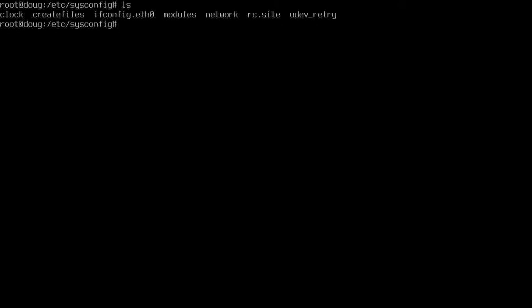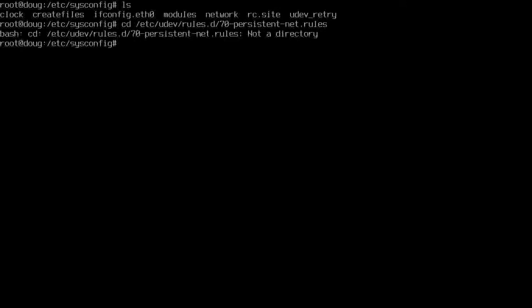Which actually, I don't know, I guess I'll have to change that if I wanted to upgrade my 6.8 machine. I guess I'm going to have to change that all around too. But anyway, you hear, if you have two cards according to your /etc/udev rules 70 persistent rules, if you have two devices there,